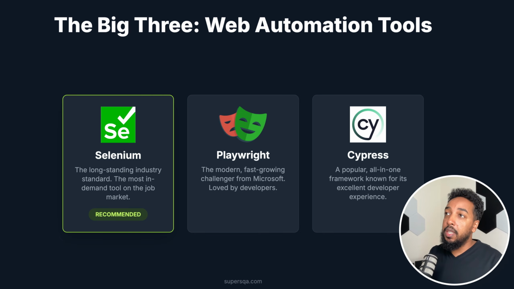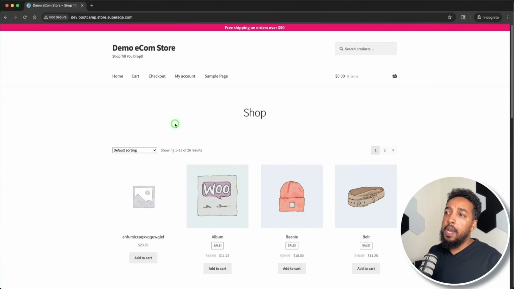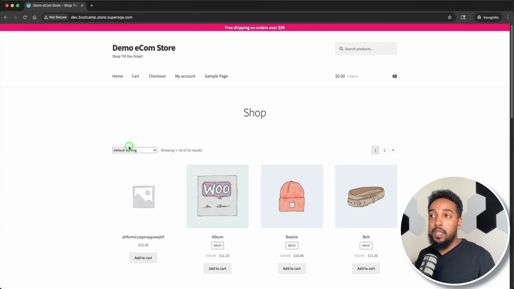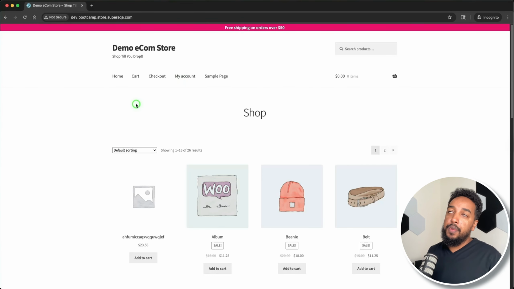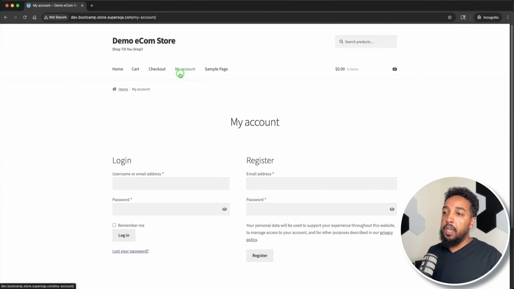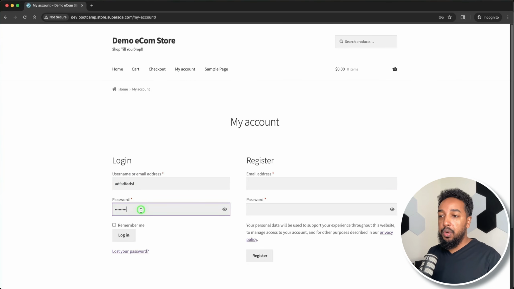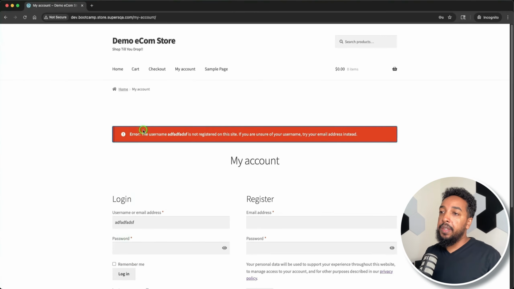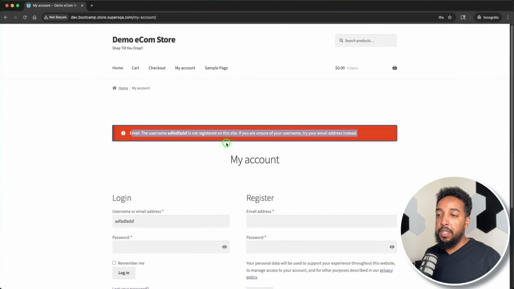So let's take a look at real examples. We're going to go right back to our test websites and e-com site. One of the test cases, the easiest one to understand, for example, is login. If you want to test if login is working, you come to the page, click on My Account, put in some username, put in some password, and click on login. Let's say this is a negative test case, making sure that an invalid user cannot log in. You hit login and you get this error message. So that is a test. You make sure that if it's an invalid user, you get some specific error message. What I just did right now is manually running the test.